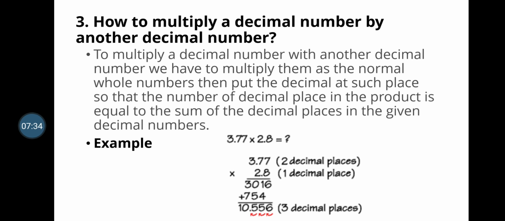Now coming to the decimal points. In the question, the first number has two decimal places, it is 77. In the second number, you have one decimal place, that is 2.8. So totally it is three decimal places in the question. That number of decimal places you should keep for the answer we got. You will count from the right. There you can see the arrow, right? From the right it will go three steps. So that's why we are getting 10.556. That will be the answer.